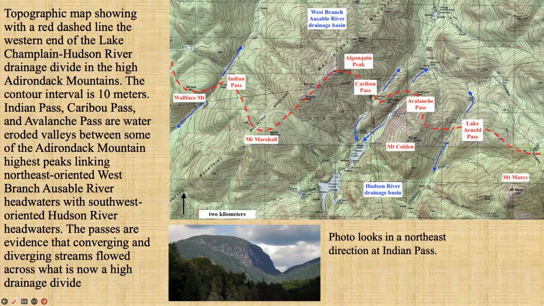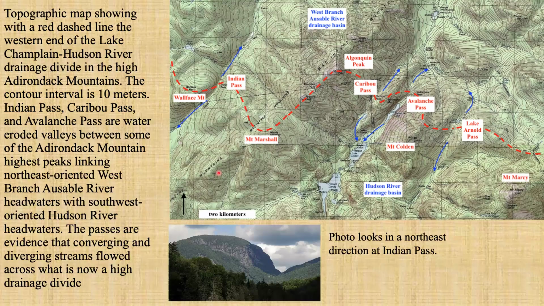So again, we're looking at diverging and converging valleys. Now, because of the elevations, it's maybe not as clear cut as the Vermont Valley, but I don't think anybody would really argue if we just looked at this and suggested that these valleys had been eroded by a large amount of southwest-oriented water flowing across the region as the Adirondack Mountains were being uplifted,